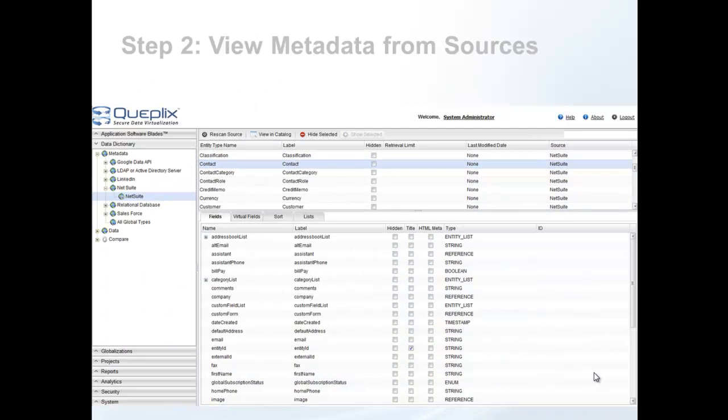Step 2 is to learn more about the structure of the data, because in integration you want to map two sets of data together. You want to know that Tom Smith in one system is the same as Tom Smith in the other. So you have to know how to connect different address fields or zip code fields or other fields relevant to the information that you want integrated. This information about the data about the data is called metadata, and we expose it automatically.